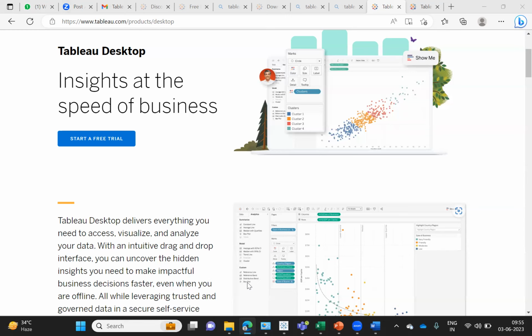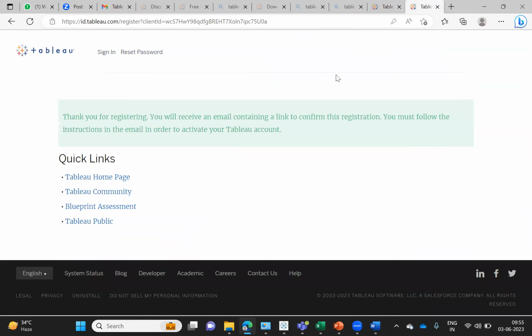We'll also see that. I personally don't use the web version. I will not cover Tableau Cloud either. We'll see how we can publish to the cloud, but we will not cover anything else from Tableau Cloud.